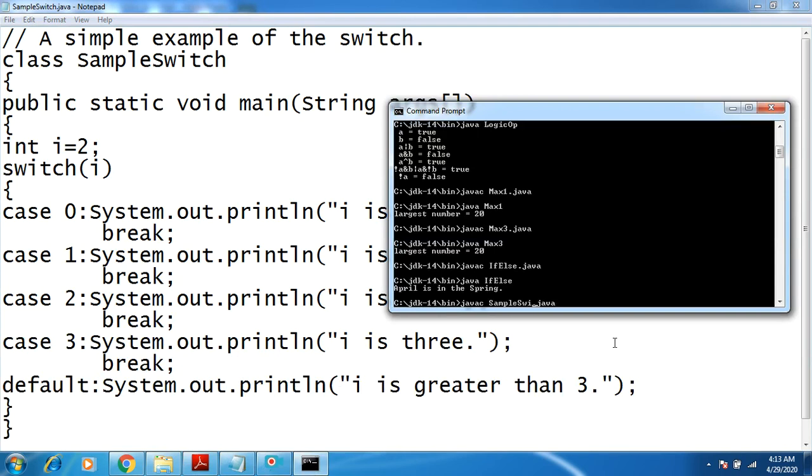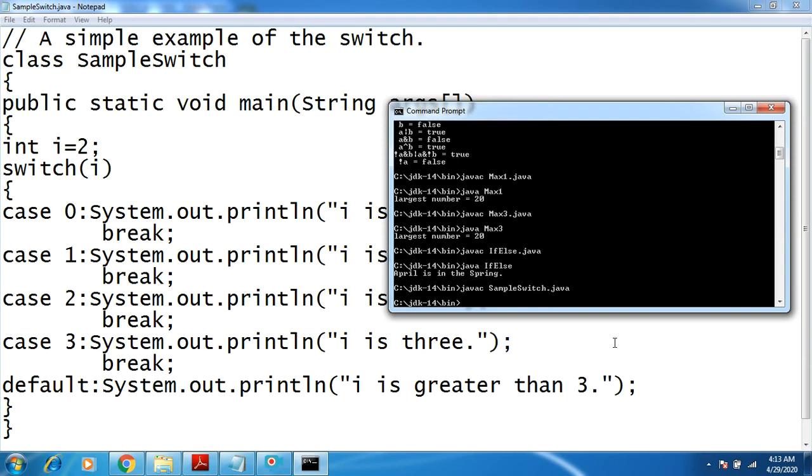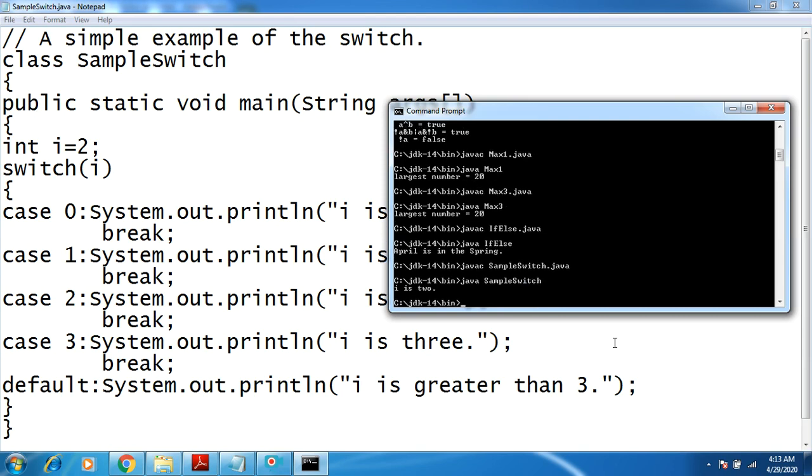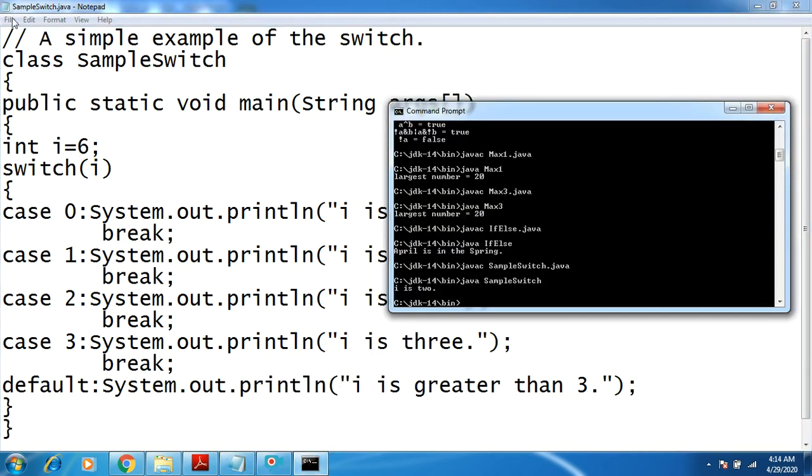So sample switch.java. Here i is 2. Suppose I change the value of i to 6.